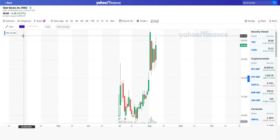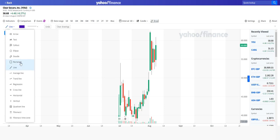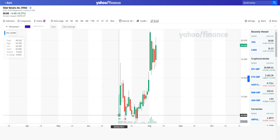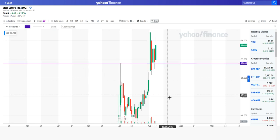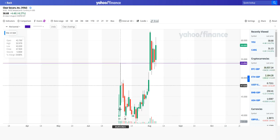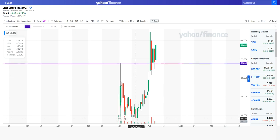So let me draw in a horizontal line, because obviously as the stock came to market, a high was formed here. Very important, and I'll explain why. So with any IPO, obviously a lot of novices will try and think like Reddit users. They will just jump into a stock and hope it's going to go and move higher. Well, often the stock will go higher, a new stock, an IPO stock, which this is, and then drop significantly,